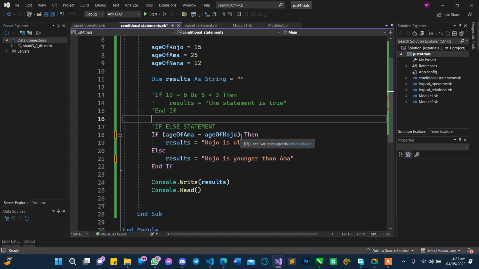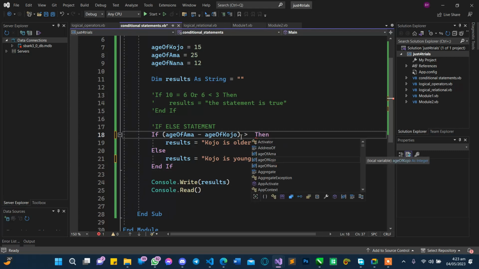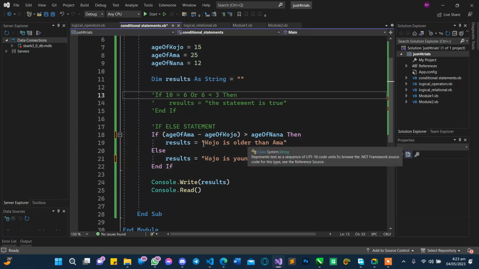If age of Amma minus age of Kojo is greater than age of Nana, then the result should be